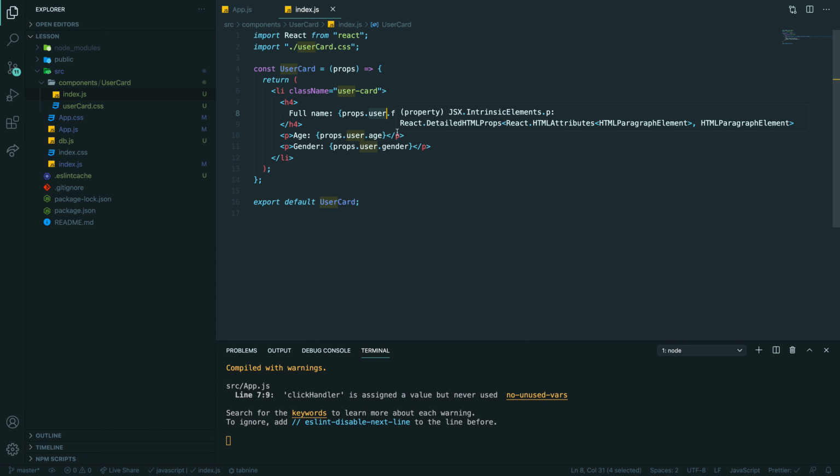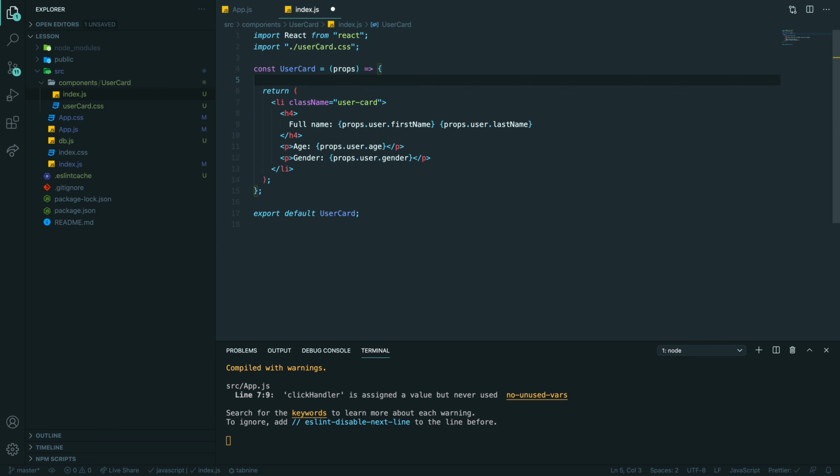So here we have a few things that I want to talk about. It's still a lot of code because you're repeating your props.user.stuff, right? So the first thing that you can simplify, again, pure JavaScript, you're just destructuring first name, last name, age, and gender from props.user, right?